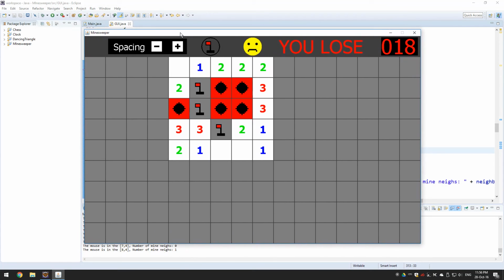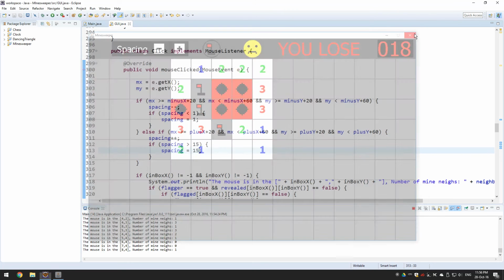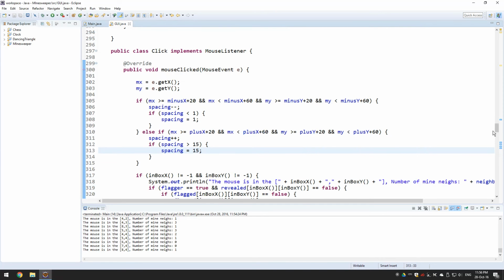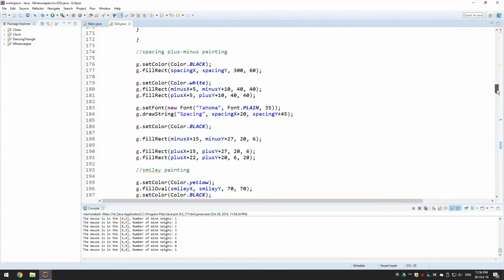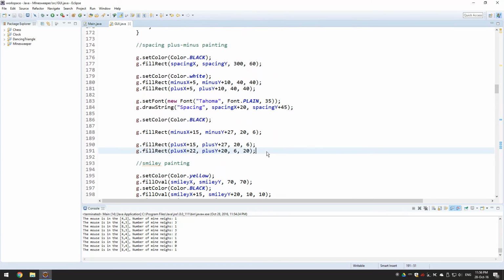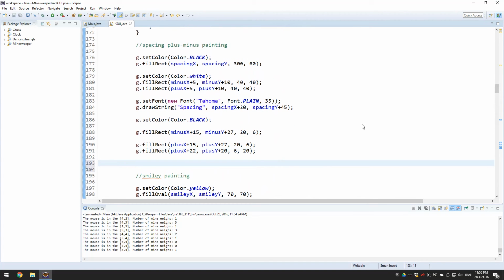Okay, so the last thing we want to do is display the spacing value in here. What we can do is move that a little bit to the left to make some space for the value, or we could display a really small number actually. Yeah, that's an even better idea. So let's go inside our paint component, spacing plus minus painting,